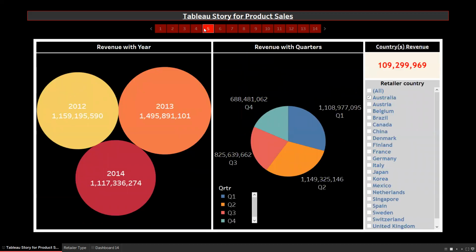Next is a graph with revenue. The first part shows the year-wise revenue generated. In the year 2013, the highest revenue was generated compared to 2012 and 14. Then the second part shows the quarter-wise revenue. It is clear that quarter 2 has generated the highest revenue, and the third pane consists of country-wise